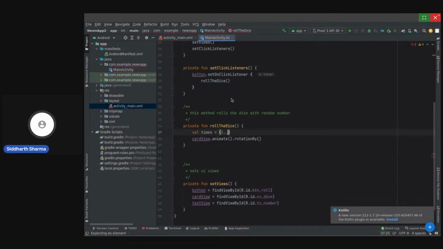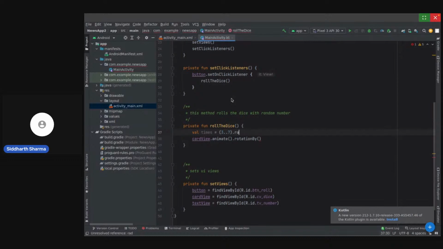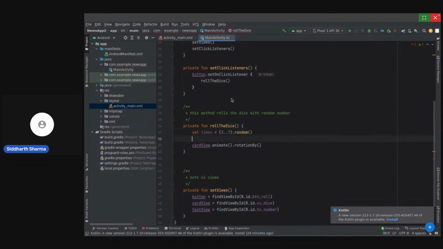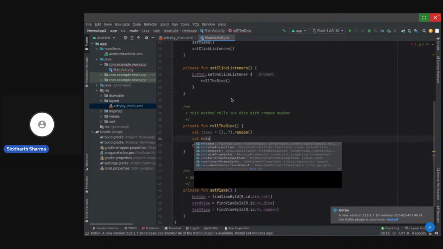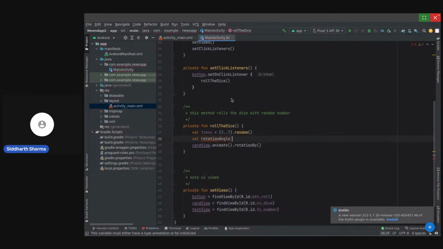So let's give it between 4 to 7, random. So times will be a random number between 3 to 7. Let's give it a rotation angle, which will also be a random number, just to give some realistic effect. So let's give it somewhere between 180 to 360, random.